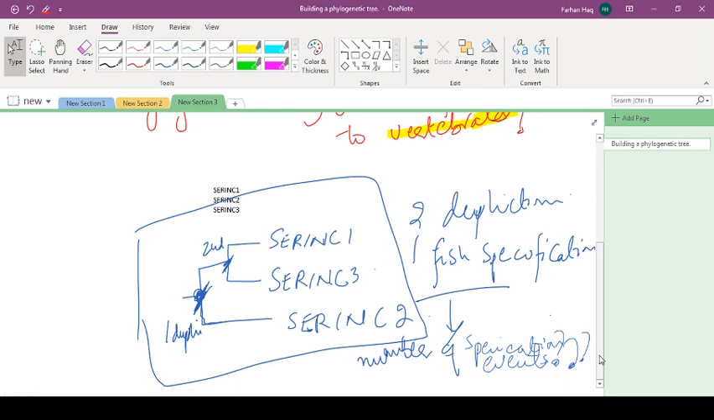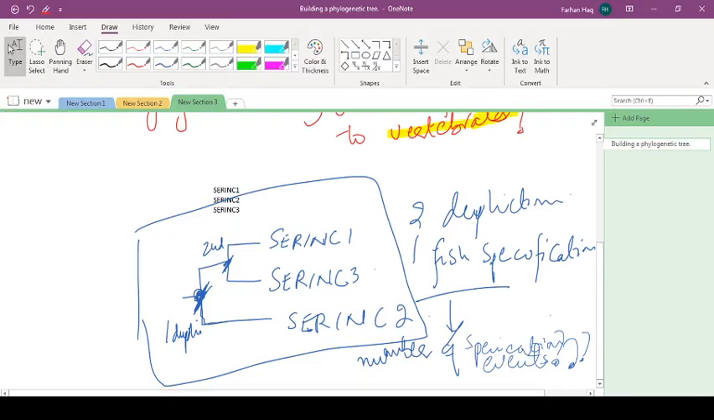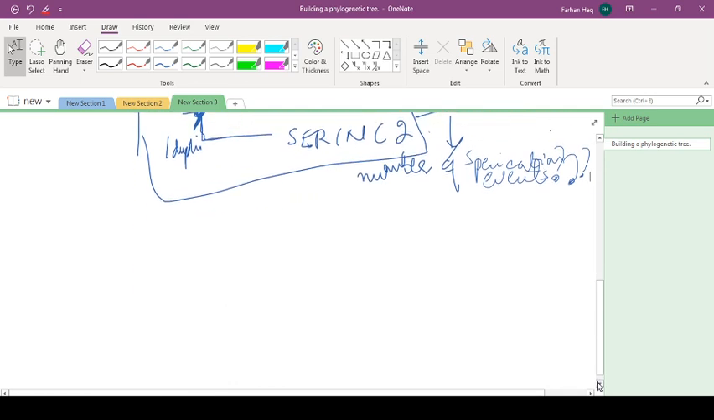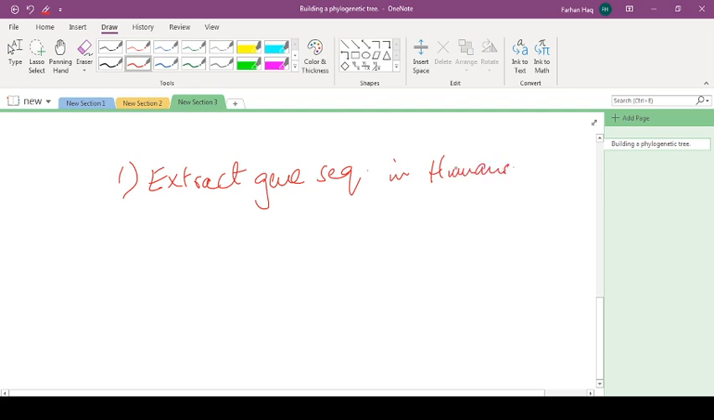I started from the very basics, how to extract the sequence. You can go to the first tutorial to summarize things up for your understanding, right? First point is to extract the gene sequence, first of all in humans, right? Then BLAST